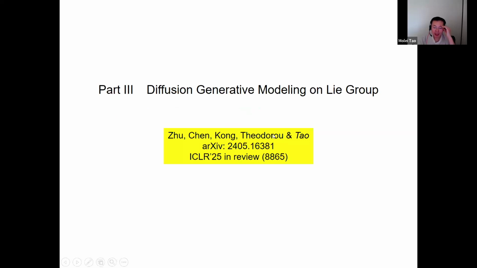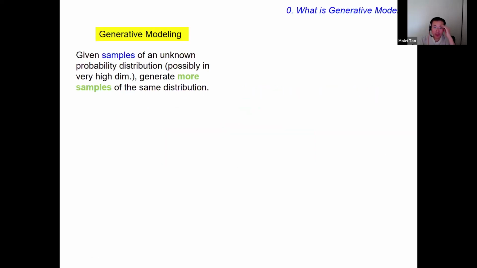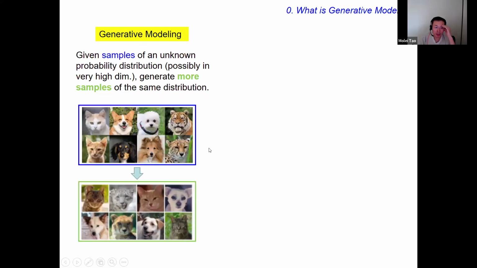The paper is online. It's not accepted yet, but hopefully, we can get some good luck with a pretty good score at ICLR. So it's about generative modeling. Just in case people are less familiar with generative modeling, the task is, you are given samples, and then you want to generate more samples that are similar. And you can do that because you can assume that your training samples follow some unknown probability distribution, and then you want to generate more samples from the same distribution.